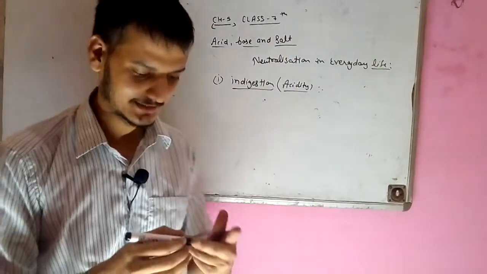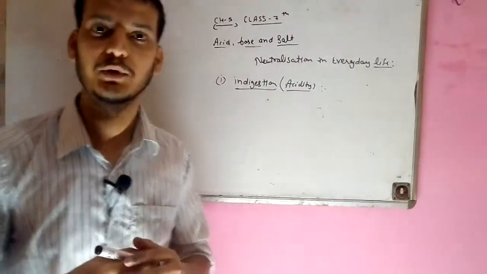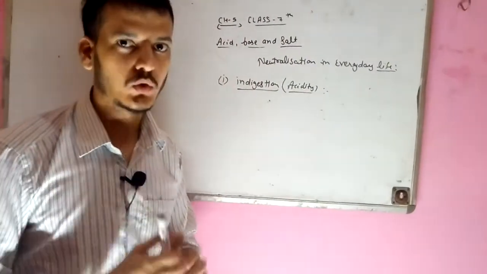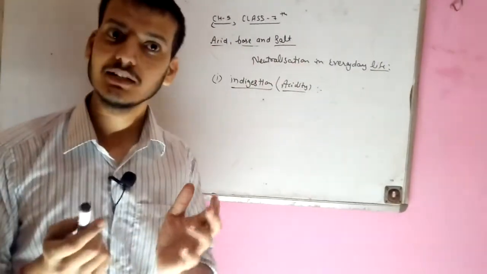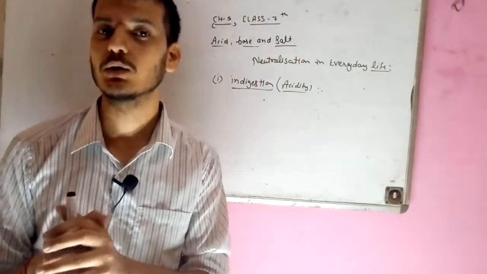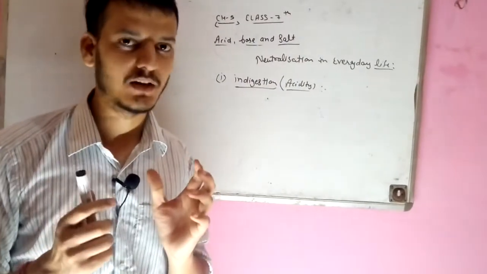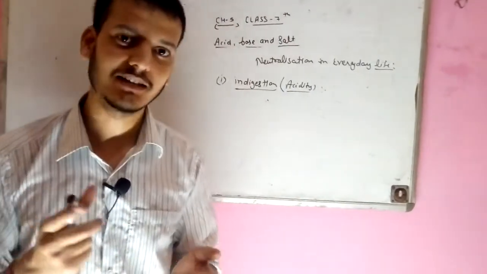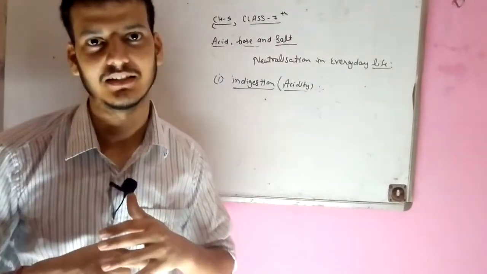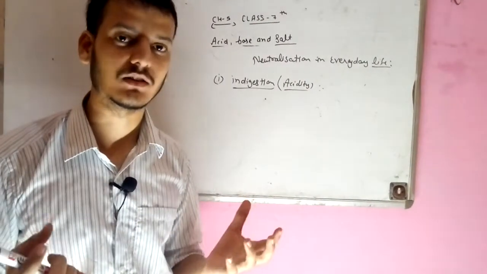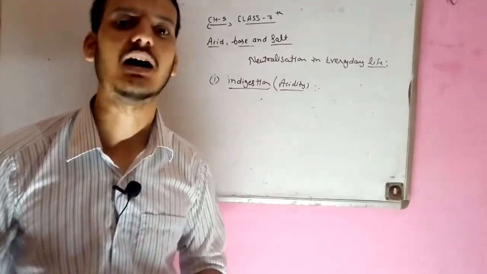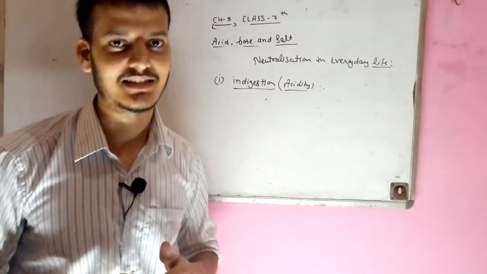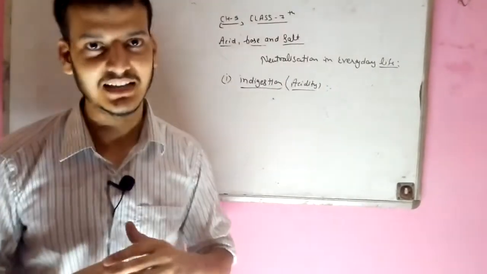And we know that our stomach produces hydrochloric acid just for the digestion of food. So sometimes HCl, the hydrochloric acid, is produced in high quantity, and that is the cause of what is known as acidity. The acidic strength or quantity is increased in our stomach. So we say that is acidity, or it is also known as indigestion.